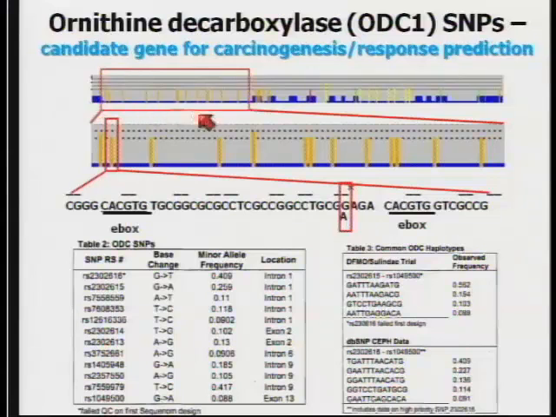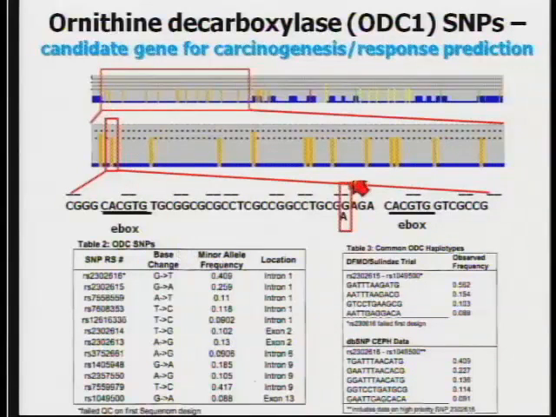What's shown here is the NCBI model for the ornithine decarboxylase gene. The blue upticks are the exonic sequences. The gold and yellow upticks are points of putative genetic variability, or single nucleotide polymorphisms. The second line is a blow-up of this first intronic region, and this third line is a blow-up of one particular region in this intronic region.